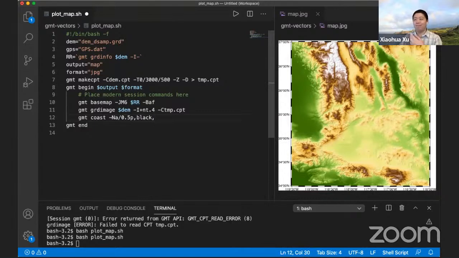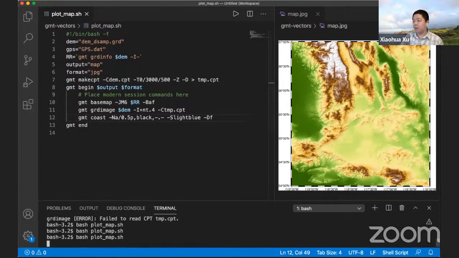We want the type of this plot to be dash, and we're going to fill the ocean with light blue color. And for the coastline, because this is a really small area, we want it in full definition, which is -Df. If we save this again and make the plot,